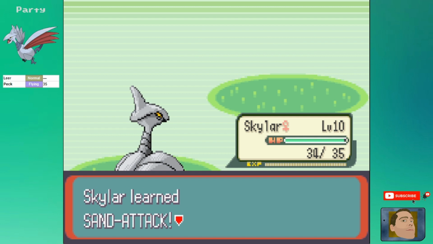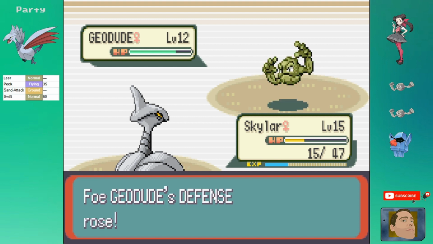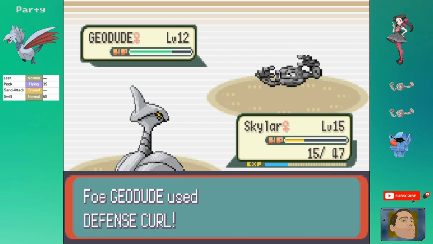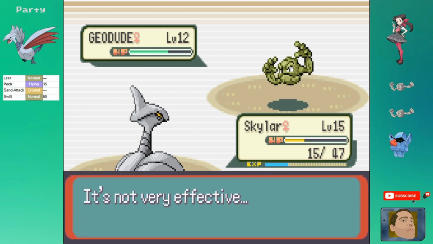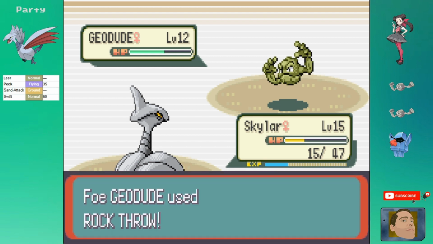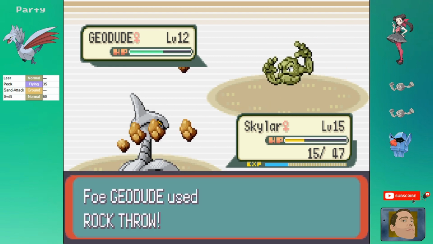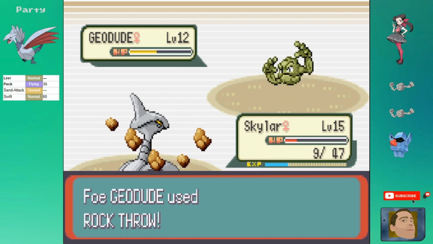Quick update on our moveset. At level 10 we learn Sand Attack, and at level 13 we learn Swift. First gym leader Roxanne has 2 level 12 Geodudes and a level 15 Nosepass. She was a lot harder than I expected. My 2 damaging moves, Peck and Swift, are not very effective against her rock type Pokemon. Her 2 Geodudes like to use Defense Curl a lot, so I'm finding it difficult to make any sort of